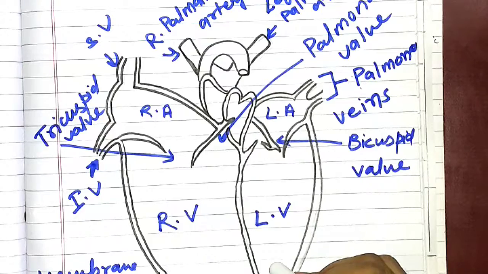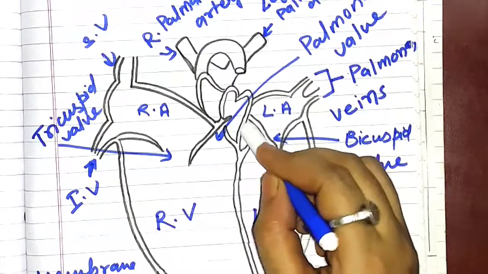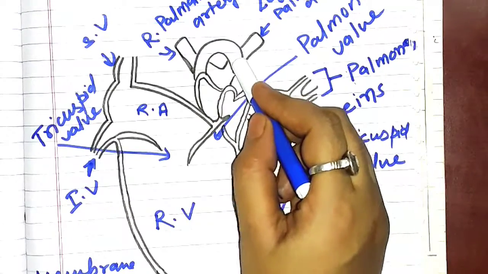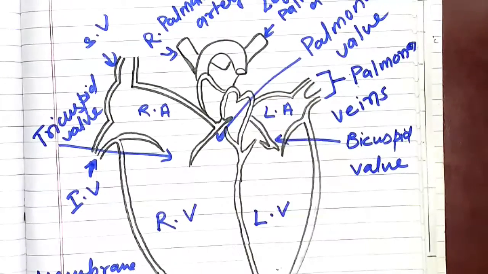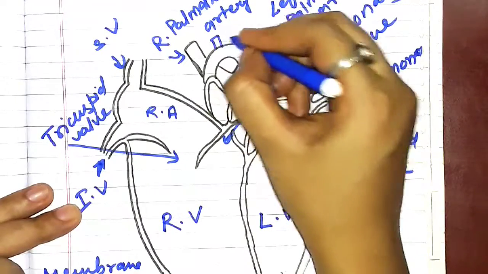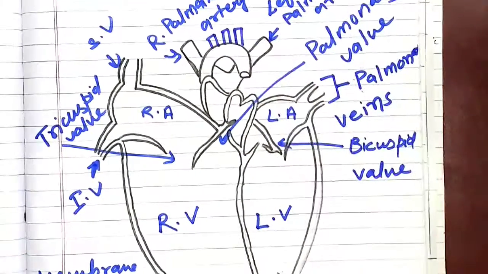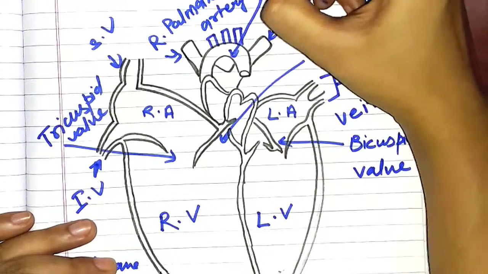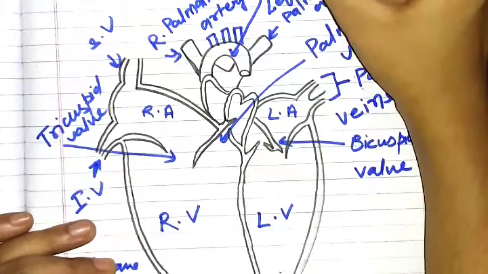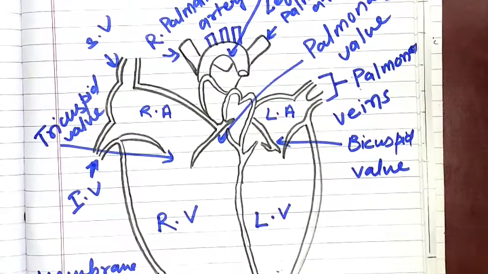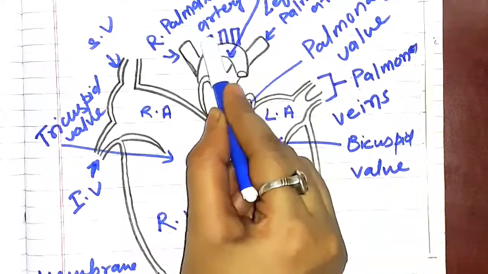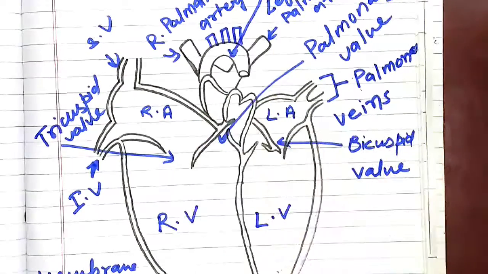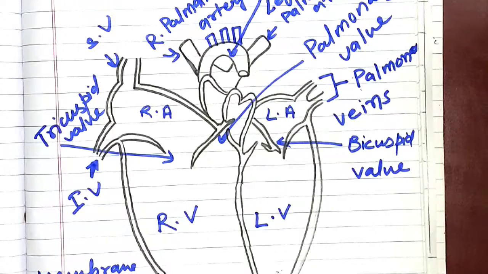The left ventricle then pumps the oxygenated blood through the aortic valve into the aorta, and then the aorta supplies the oxygenated blood throughout the body. Here we have three branches on the arch of the aorta. This portion is called the arch of the aorta. These three branches supply blood to the upper part of the body, mainly the head, neck and extremities.